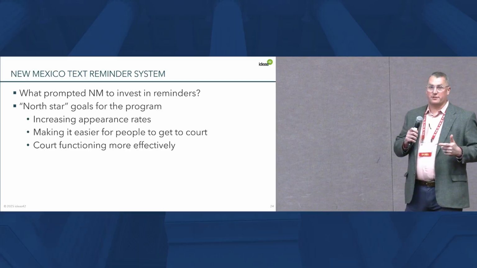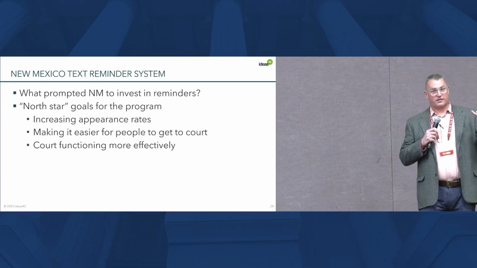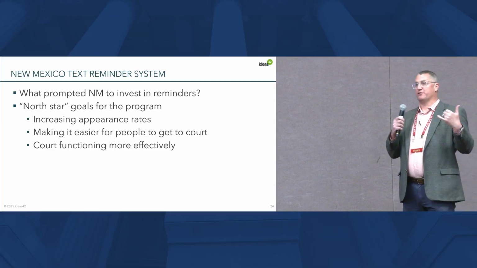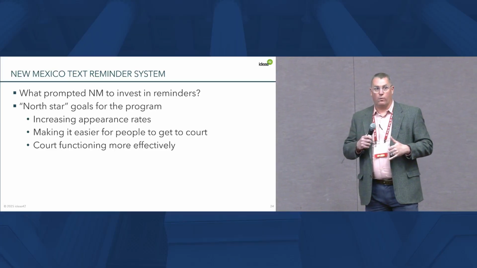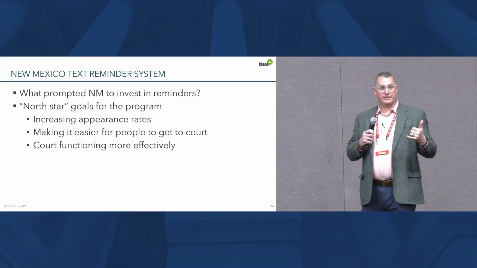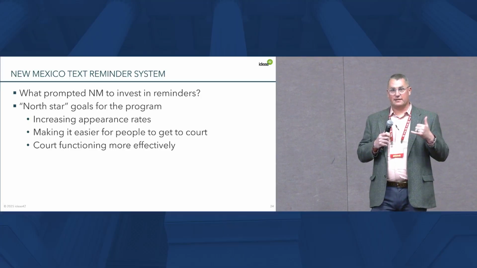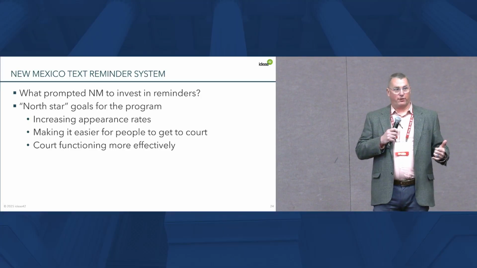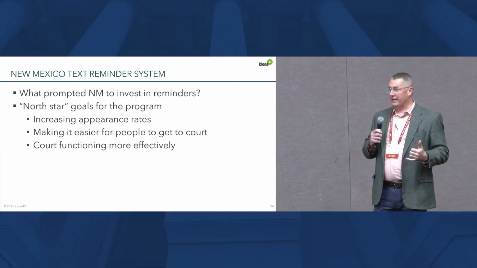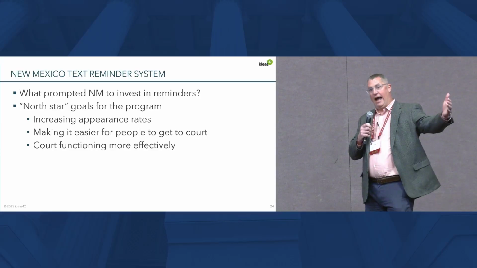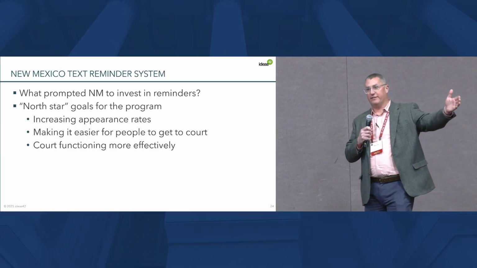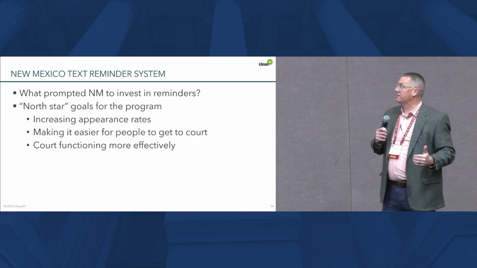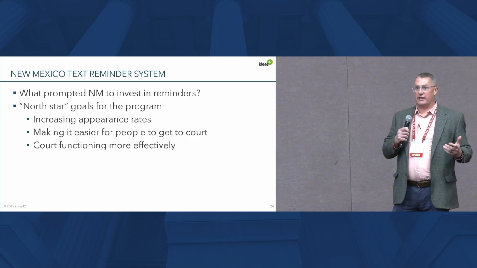Once we had those, we already knew that if we called somebody, they were more likely to show up to court. And so I had a bunch of officers, while I was running a pretrial services agency, calling a bunch of defendants. Sometimes they got a hold of them, sometimes they wouldn't. Sometimes we'd get a hold of mom or dad, sometimes a friend. And we knew that the further we got from contacting that person individually, the more their appearance would decrease, right? So we were focused on increasing those rates.